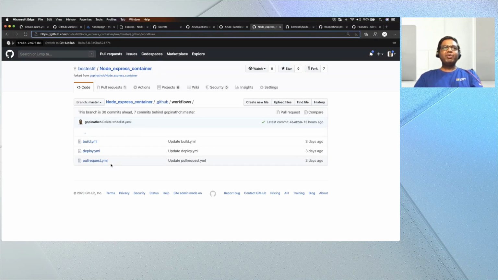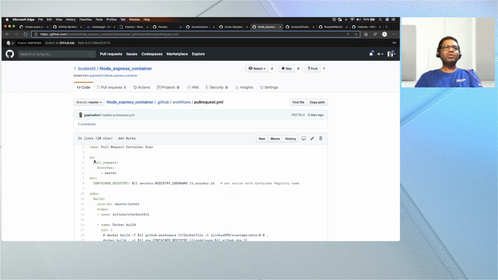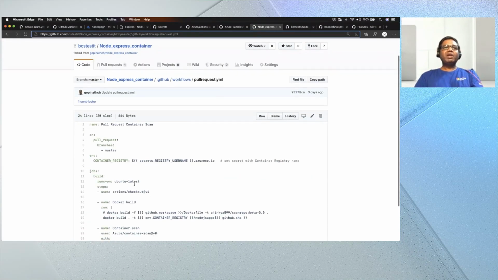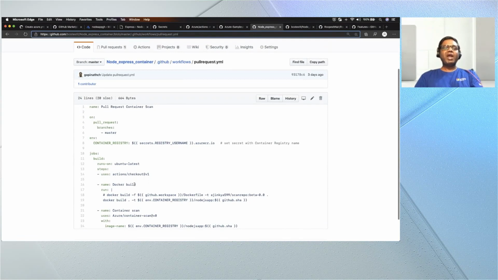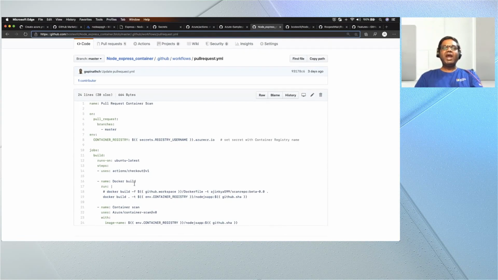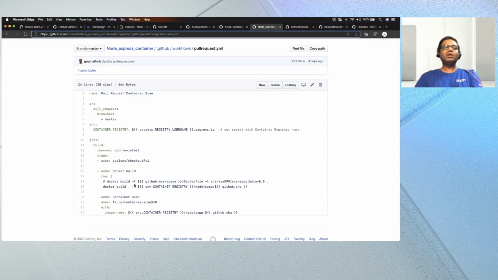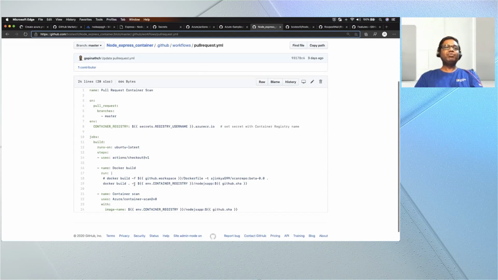Now for enterprise requirements, we recommend customers to divide CI, CD, and pull request separately. Let me show you the pull request because this is a new one. Then I will talk about build and deploy YAML. So what we are doing in pull request is taking the power of GitHub Actions on every event, and we are trying to shift left so you can achieve the quality that you want or your enterprise requirements early in the life cycle. So on every pull request,